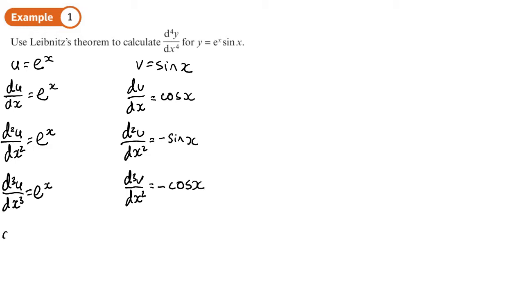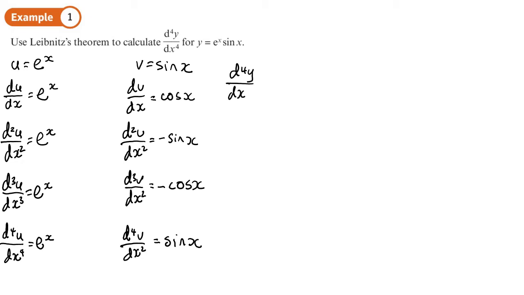And then lastly, the fourth derivative will be e to the x, and the fourth derivative of v will go back to sine x. So it cycles round in that pattern. And all we need to do now is to substitute it in. So the fourth derivative,